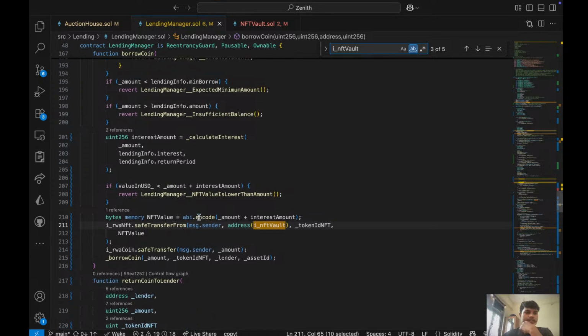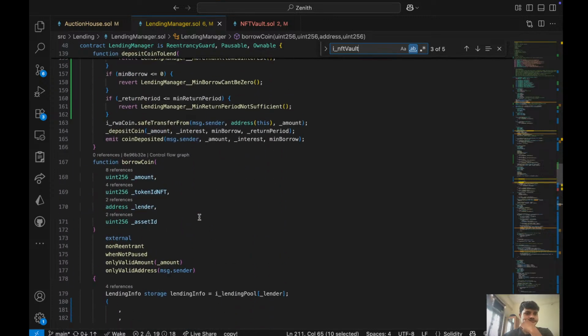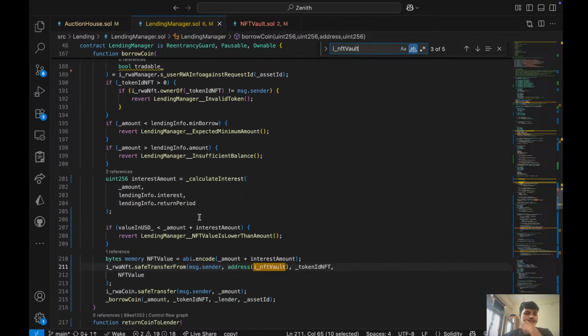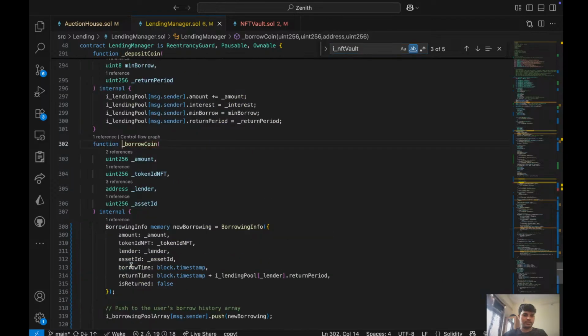So when someone borrows this coin, I'm just transferring this to NFT vault, and you have to call the borrow. Yeah, here